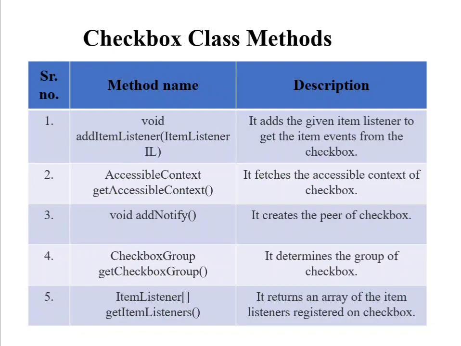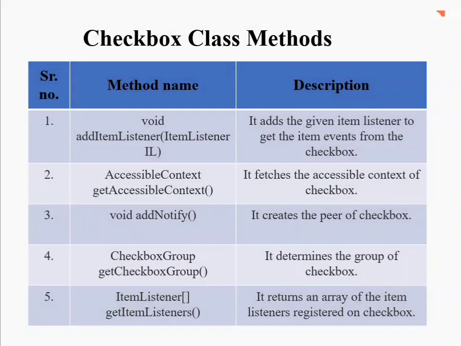First we are creating the frame with the title: Frame f = new Frame("CheckboxExample"). Creating the checkboxes, we are creating two checkboxes: checkbox1 is new Checkbox("C++") and the next one is new Checkbox("Java", true). Setting the location of the checkbox in the frame, that is setBounds(100, 150, 50, 50). Then adding the checkboxes to the frame, that is f.add(checkbox1), f.add(checkbox2).